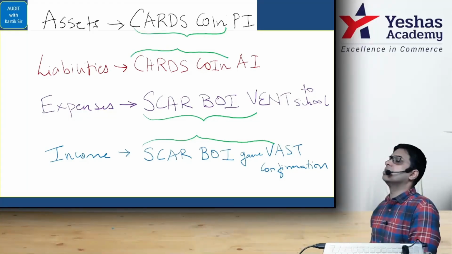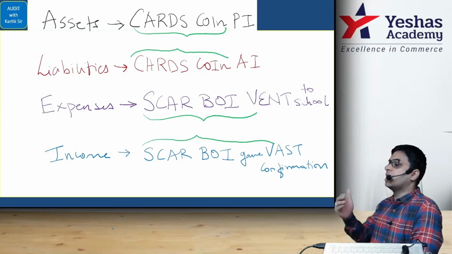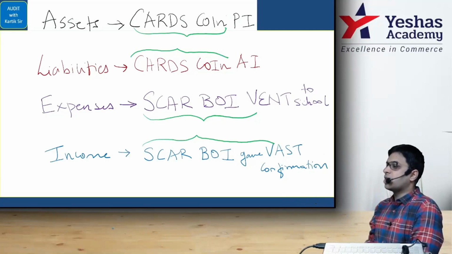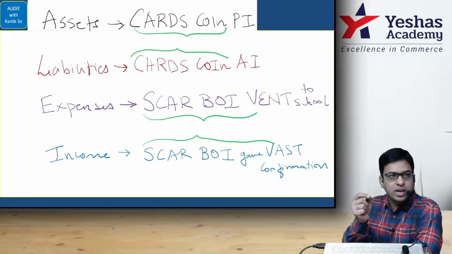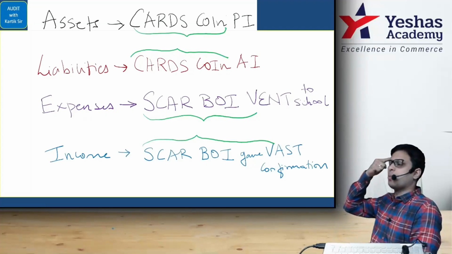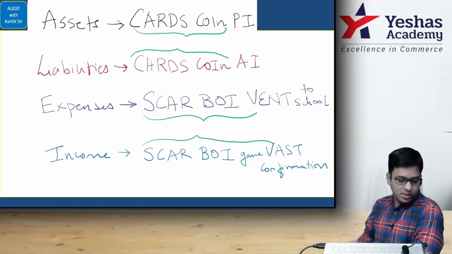Let's say you are writing about machinery. In that case, for third-party confirmation, you can write: obtain confirmation from the seller of the machine. That becomes a third-party confirmation. Are you understanding my point here? You have to customize the answer to what they are asking in the question. You have to apply your brain a little bit. See this: obtain third-party confirmation for assets held by others, bank confirmation for cash balances, custodian confirmations for securities.